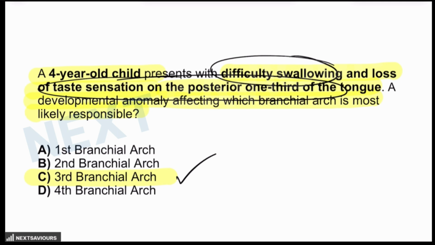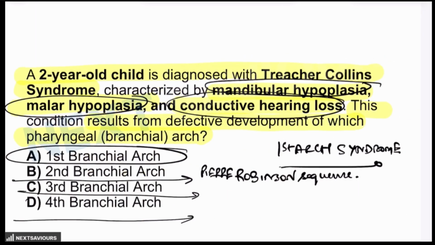As we have just talked about, in case of the first branchial arch, there would be anterior two-thirds of the tongue involvement, which is supplied by cranial nerve 7 and the third division of the trigeminal nerve, not the posterior tongue. The second branchial arch leads to the formation of the muscles of facial expression, which is supplied by cranial nerve 7. So swallowing is not affected in this case. And the fourth branchial arch, as we have already talked about, forms the pharyngeal constrictors, the soft palate, and the larynx, and the vagus nerve is affected, not the posterior part of the tongue. So this is how another sample question is answered based on what we have learned from the anatomical perspective of